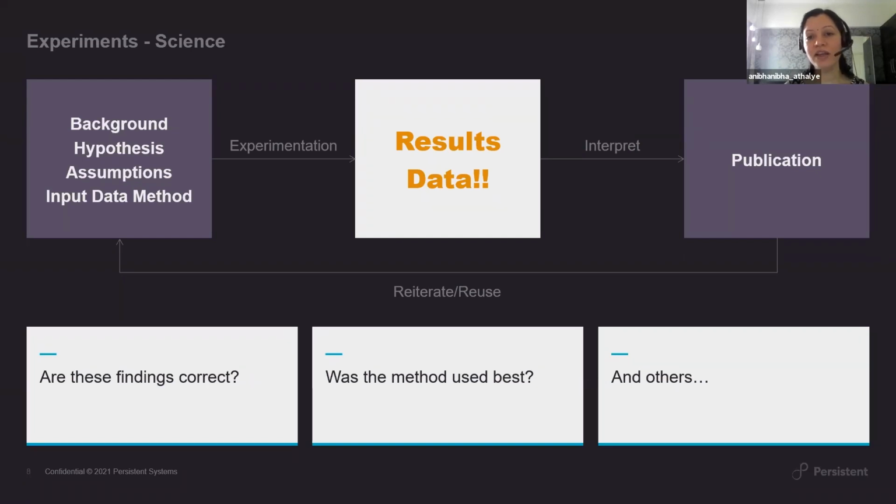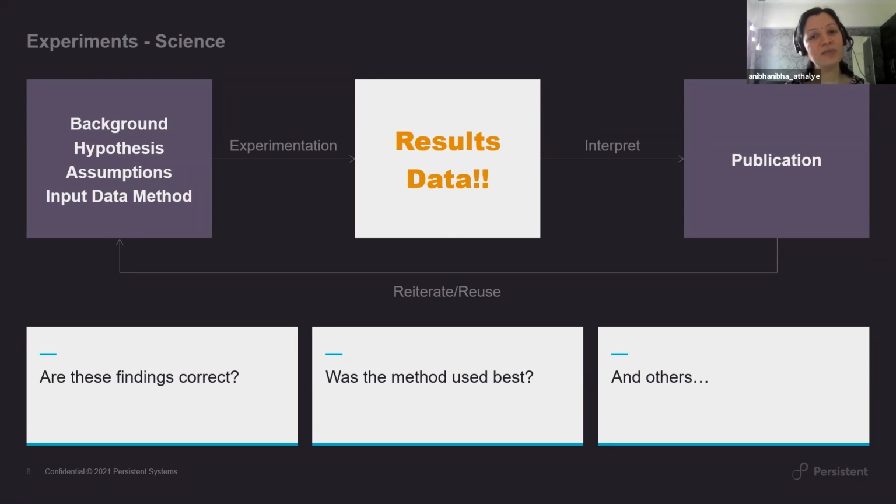Now, if you look at the very core of any experiment that you conduct as part of your science course, you would start with a typical hypothesis, with the background that you want to start on. And then you would have certain input data. If I take a very simple example of the experimentation that we used to do in chemistry, it includes what the different chemicals are, what the different proportions of those chemicals are that you are taking as input. You define the state of the chemical, solid state, liquid state, whatever it is, and then you follow a series of steps or methods to get to the results that you want to analyze or interpret.